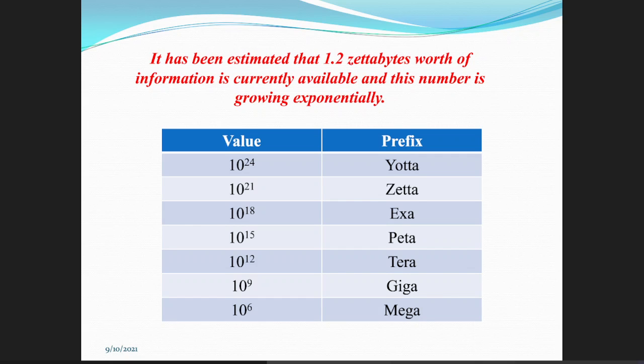Now why has this field experienced such growth, right? That is the main question that comes to our mind, right? It is because of the wide availability of data. According to the records, this data I have got from Google only, right? It has been estimated that 1.2 gigabytes worth of information is currently available, and this number is growing exponentially. So day by day, the data